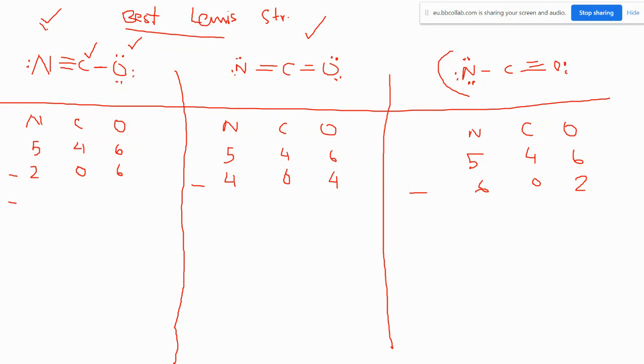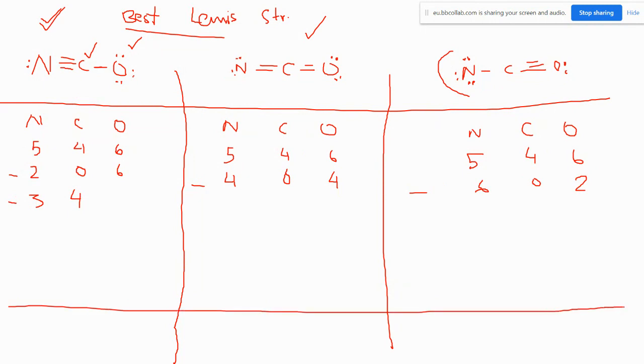Now, next step is minus. How many bonds for nitrogen do we have here? 3. How many bonds for carbon? 4. We are subtracting it because the formula is like this. If you remember the formula of the formal charge: formal charge equals number of valence electrons, minus number of non-bonding electrons,